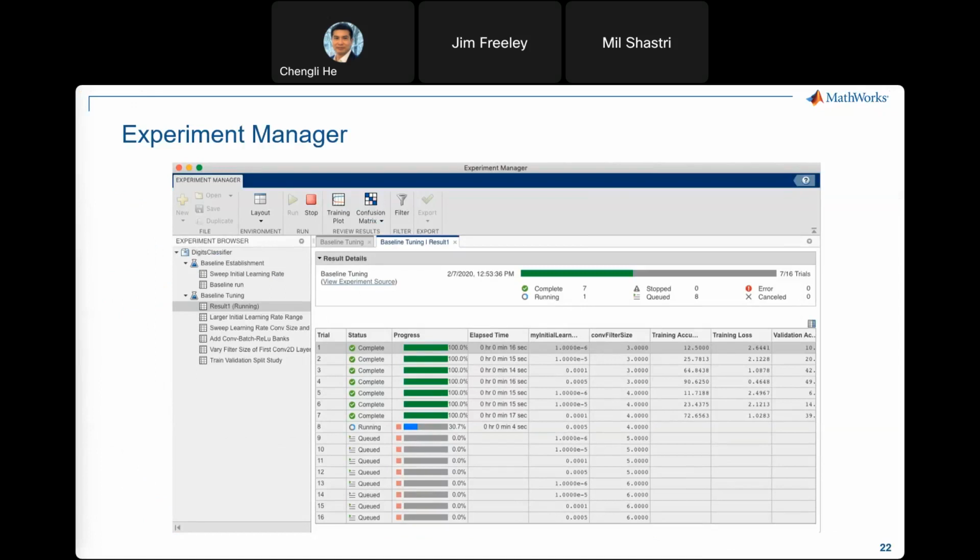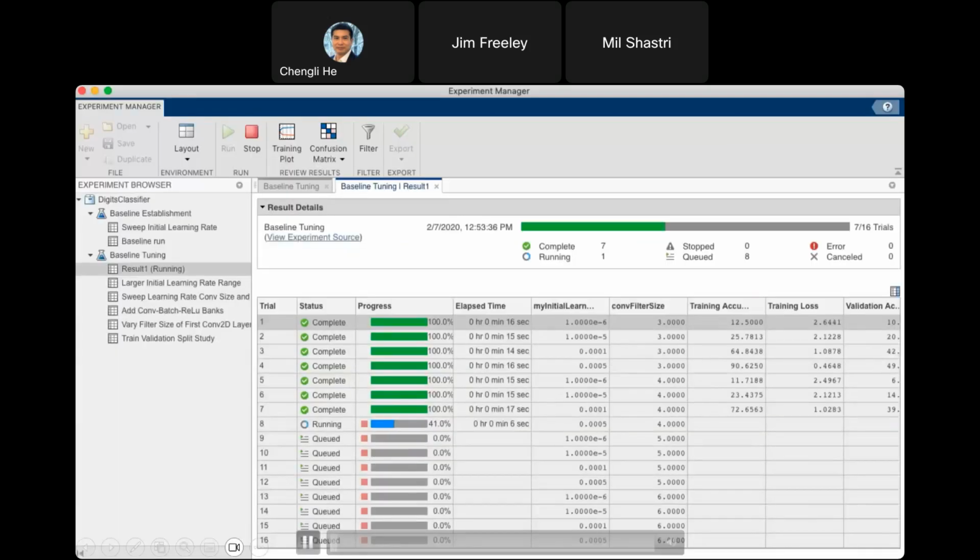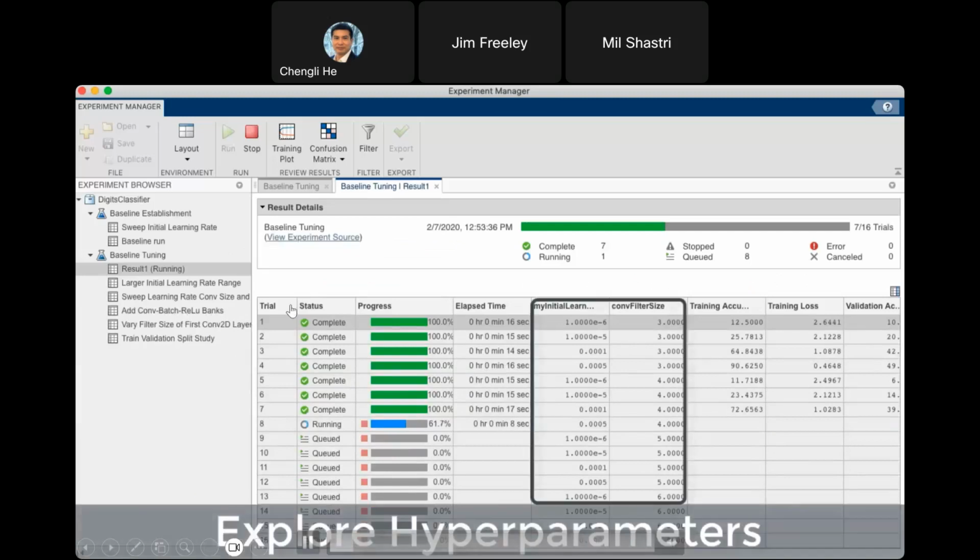Now, once you've built your network, there are numerous network architectures and different data sets, and it's very natural to get overwhelmed on which is the best for you. So if you really wanted to run through all these experiments, be able to compare the results, there's an app for that that was recently released called the Experiment Manager app. And this Experiment Manager app, you can run multiple deep learning trainings. As you can see here, you can explore the hyperparameters, you can monitor the training in progress,